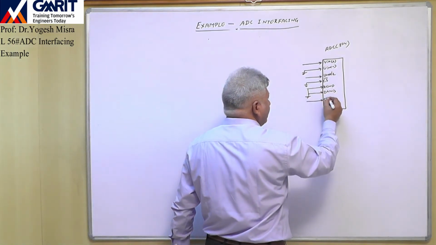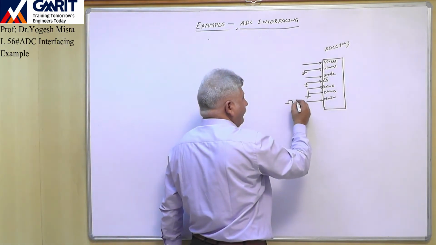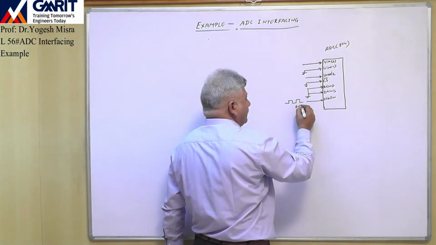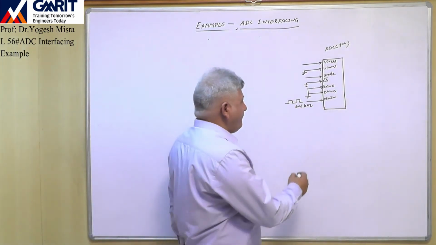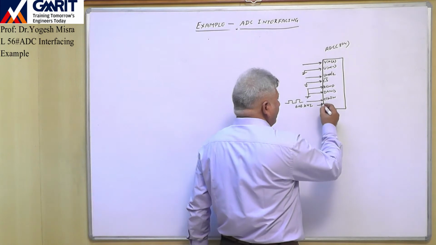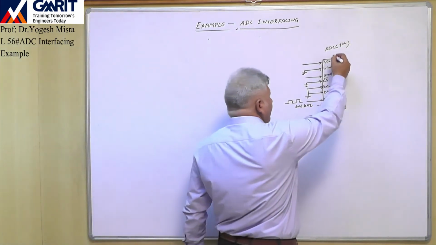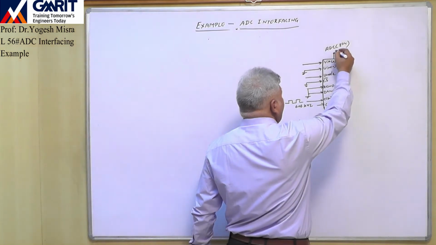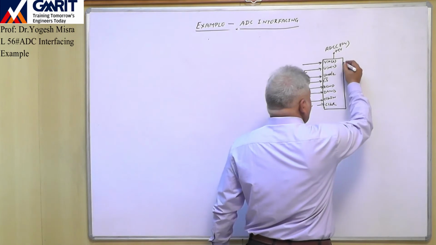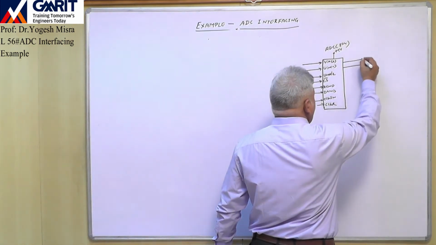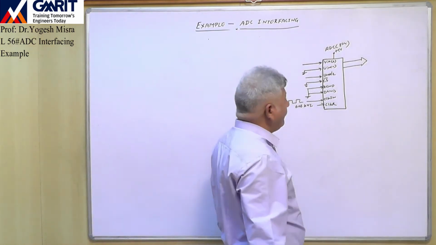A clock of suppose 606 kilohertz is applied to CLK IN. Now CLK R is open. Here we have connected plus 5 volt. This is the 8-bit data line of the ADC,